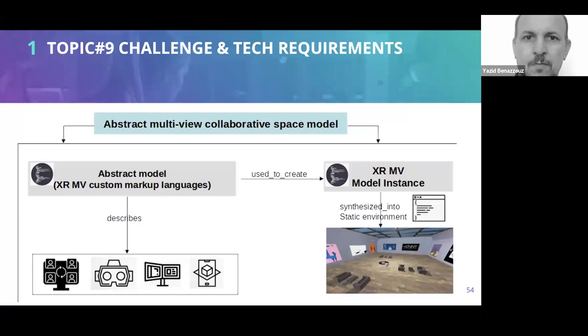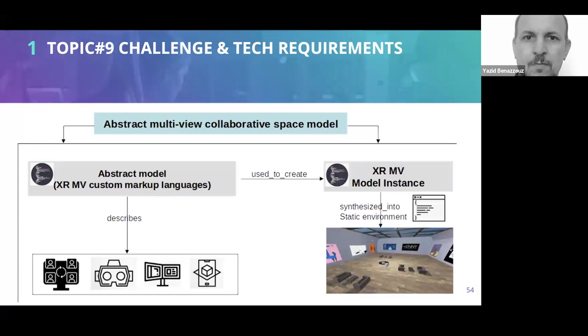What we mean here is that we have some concepts, some definition of the interface of the Cortex application, which can be shared among participants or in multi-view. It means that different participants can have different views, and then all the concepts can be defined in some markup language, and then we can use this language to generate the interface. Let's say just 30% of the code, which can then help the developers to extend it